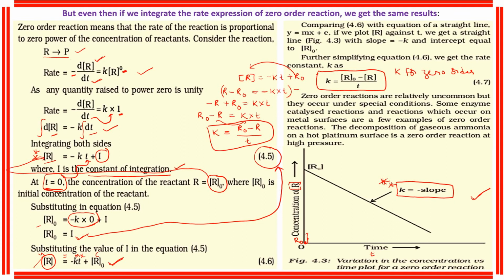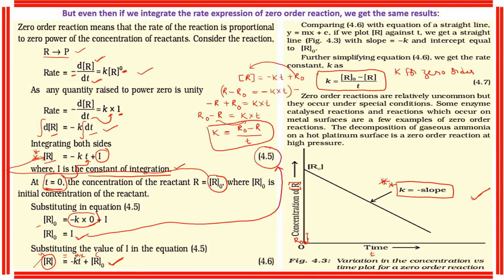Next. Generally, which types of reactions are 0 order reactions? Generally, all catalysis reactions come under 0 order reactions. Why? Because the rate of reaction depends upon the surface of the catalyst, but not on the reactant. The catalyst is not called a reactant, so there is no need to take the catalyst as a reactant. The concentration of whatever reactants are there does not change the rate. So the rate of the reaction is independent of the concentration of reactants. Therefore, it is a 0 order reaction.